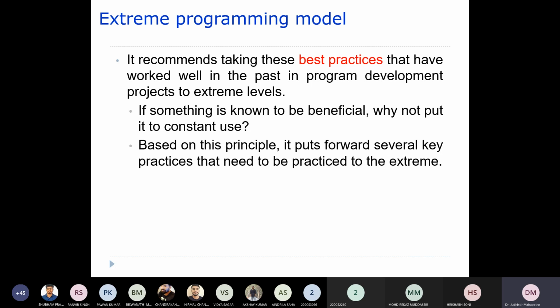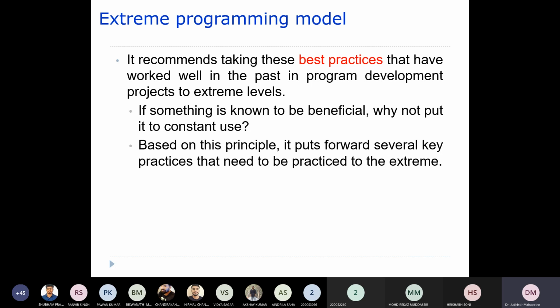If something is known to be beneficial, why not put it to constant use? Based upon this principle, it puts forward several key practices that need to be practiced to the extreme. So we'll see what those practices are.